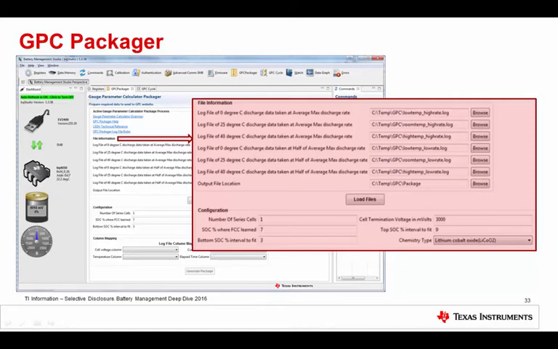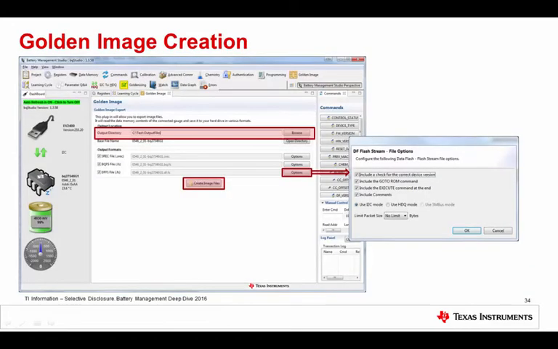You give it an output file location for your package. You can configure the number of cells, SOC percent, where FCC learned, and so on. Set up a few parameters associated with your system. Load the log files into memory, and then at the very bottom is this generate package button that will create a single file that's a package that you can then take to the gauge parameter calculator online. So this is the way within BQ Studio that you would generate the input to that for configuring the ChemID and so on for your multi-cell gauge, or single-cell or multi-cell gauge that uses CEDV.